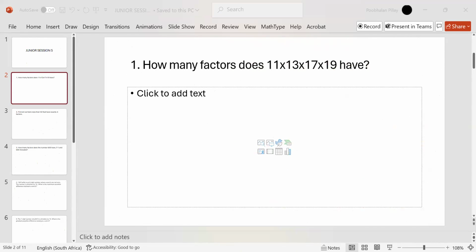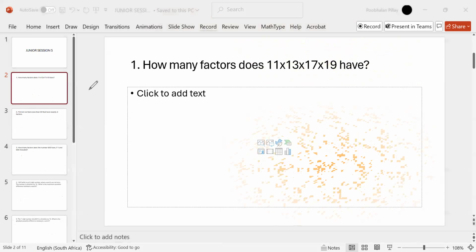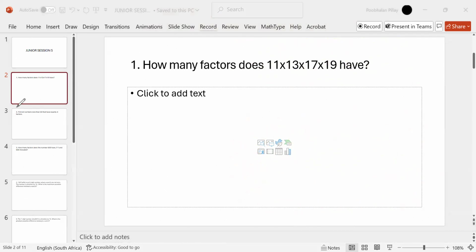So the first problem is asking how many factors does this number have? I don't know whether I had spoken about this before, but for whatever it's worth, let me say something about how to count the number of factors of a given number. If you take a number like, say, 48,